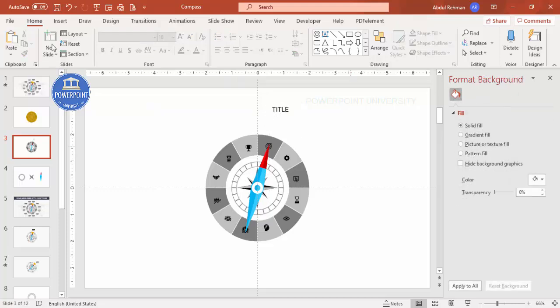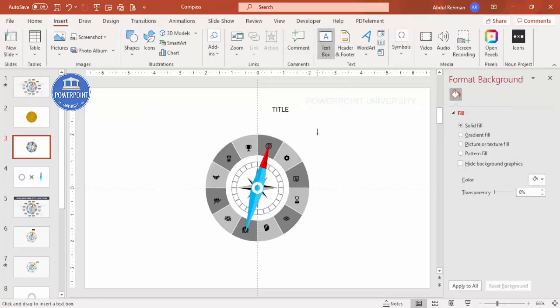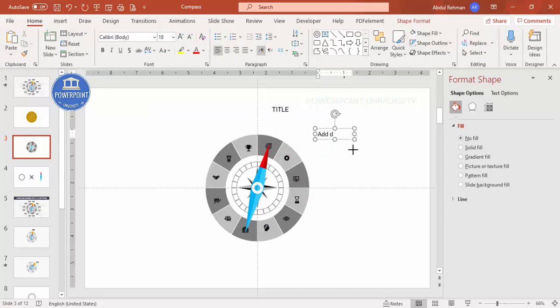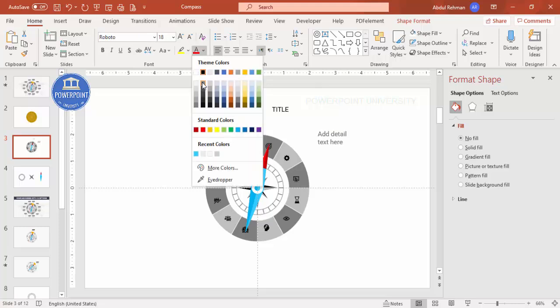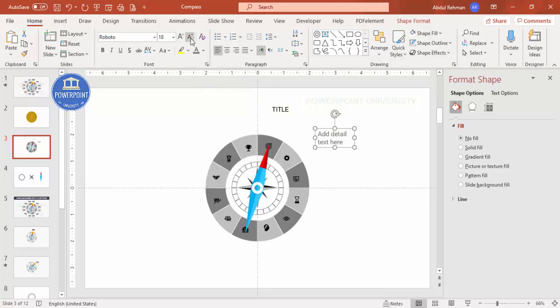And then you can add some detailed text here. This also I'm going to make it Roboto, and maybe I'm going to give light gray color, reduce the font size and put it here, or you can make it in the center also. This also I'm going to make it center aligned,